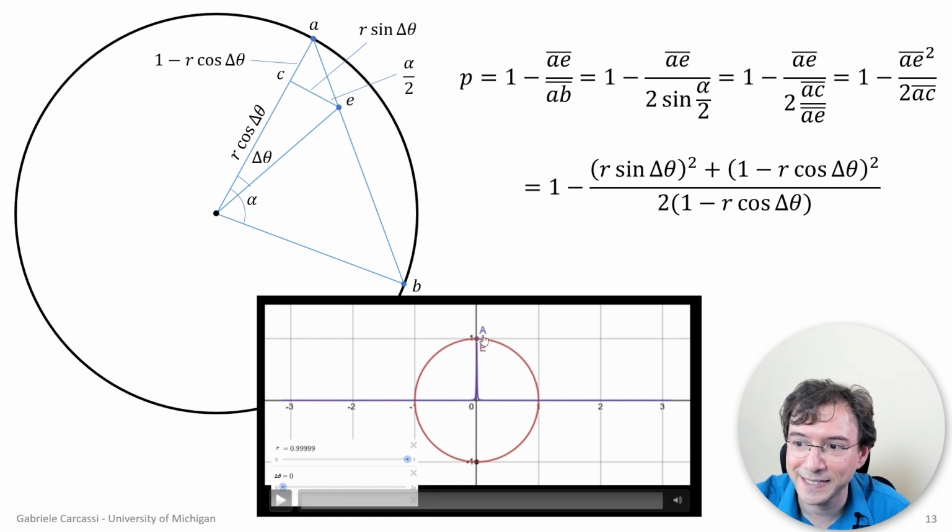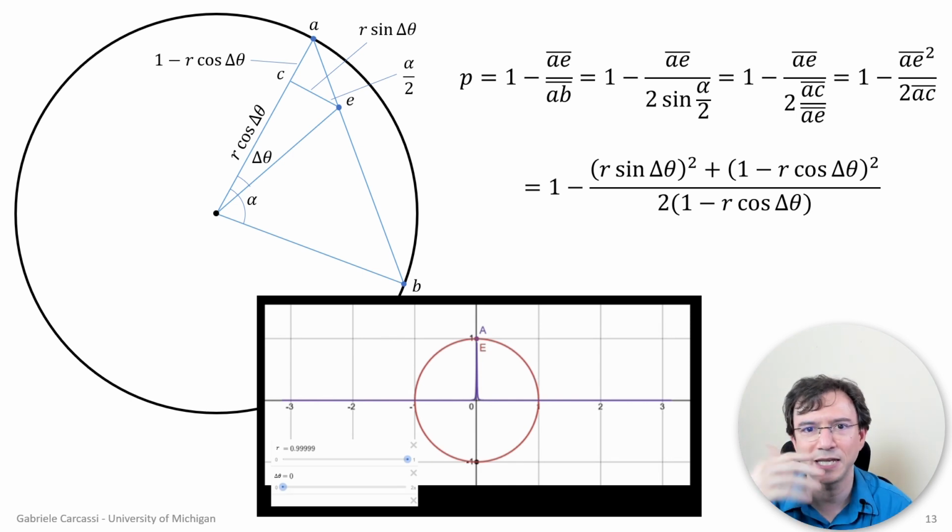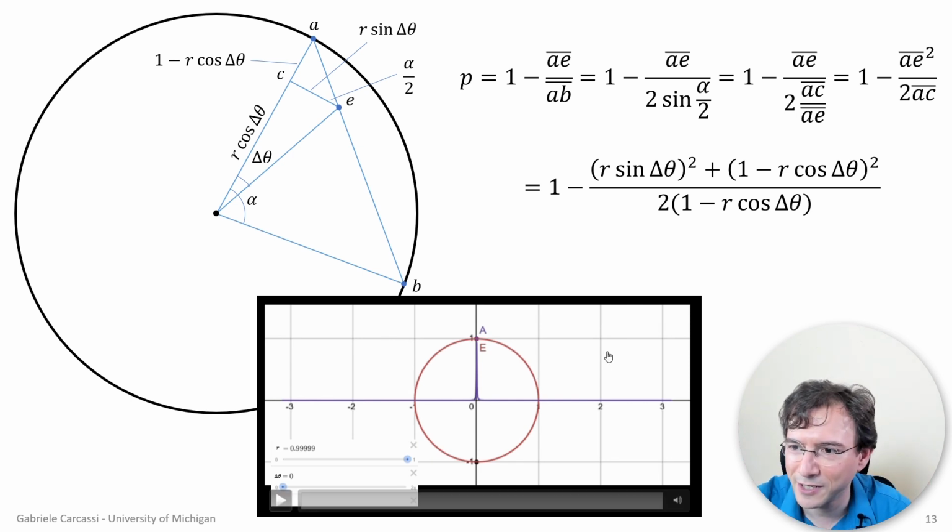The idea is that we have A here, which is the point where we want to calculate the probability, and it's going to be the probability that we have here. This graph will go from pi to minus pi, and so you're going to see the probability on all the points of the circle. Of course, the probability is going to be symmetric under rotation, so I will just do it in one dimension. We're taking a section of the ball, essentially. And then I will move this E around, and you will see how the probability works.